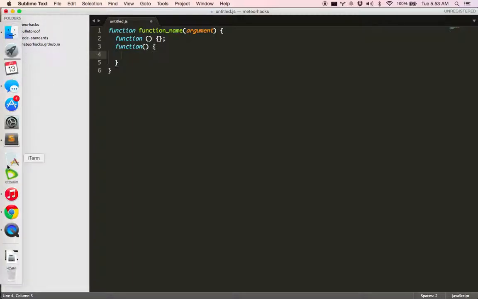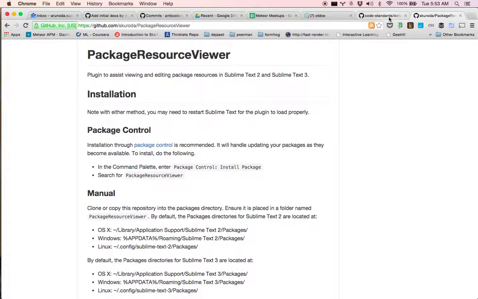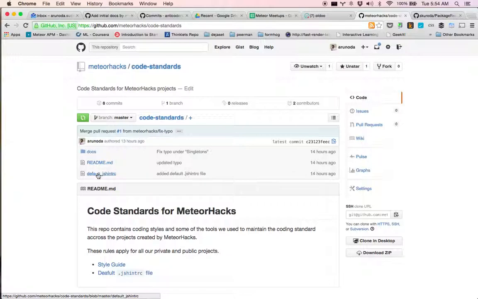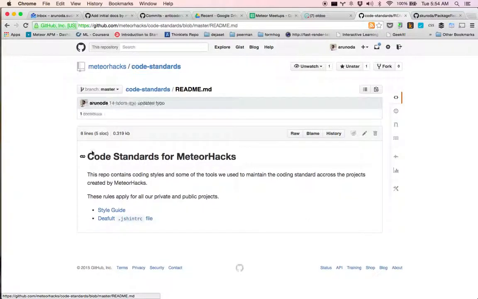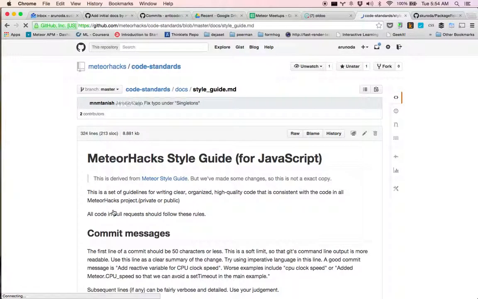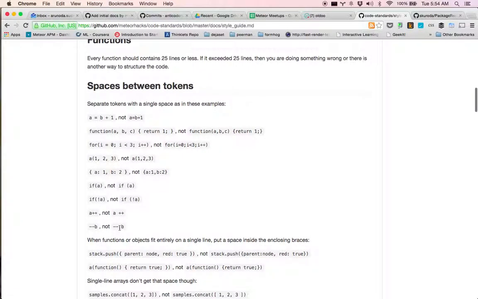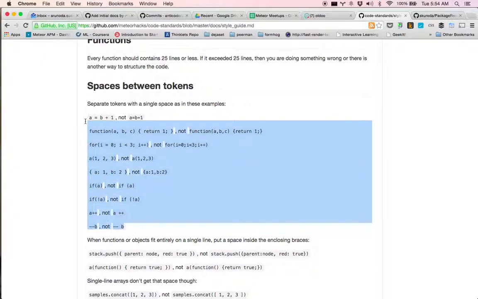What you have to do is just open our coding standard document, where it's loaded, and go to the style guide. These are some of the ways we need to structure our code. It will be slightly away from Meteor's default behavior. They have spaces here right now, but we don't. So go through this document and try to update the snippets again into this format. So that's it. I hope this is going to work.